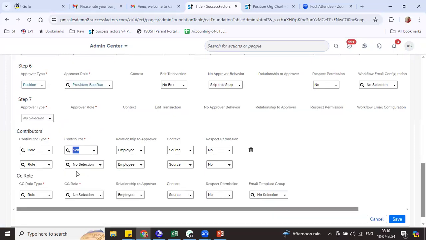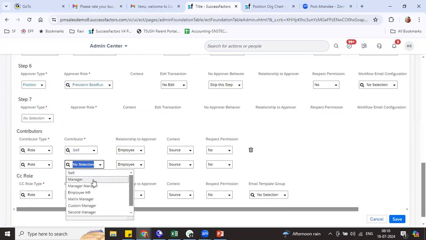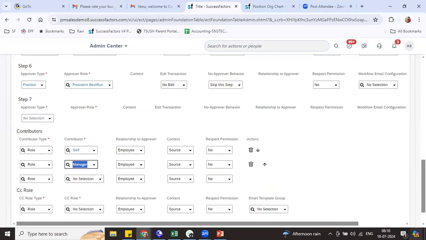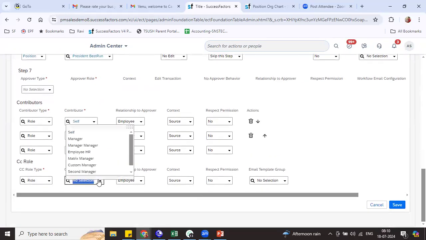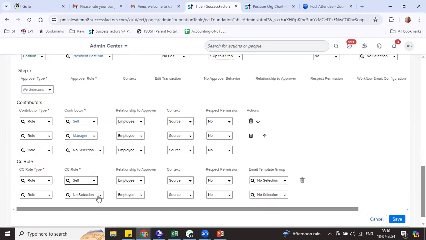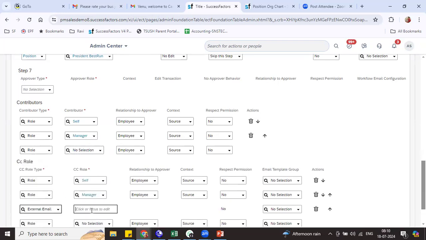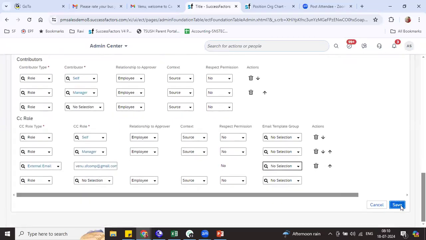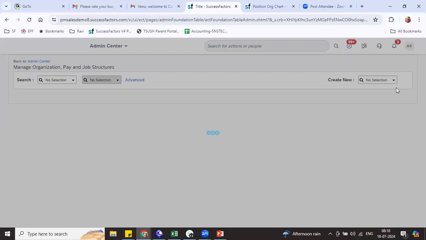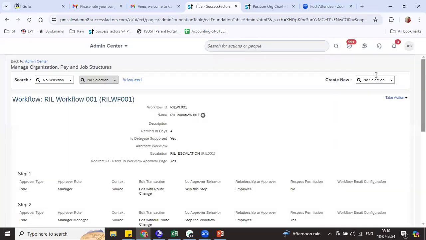Contributor, say self or manager. Two levels of contributors. I'll say here self, manager, and I'll say external email. I'll just add some. Okay, I'll add my email. I'll see if the workflow gets triggered. Okay. Next,